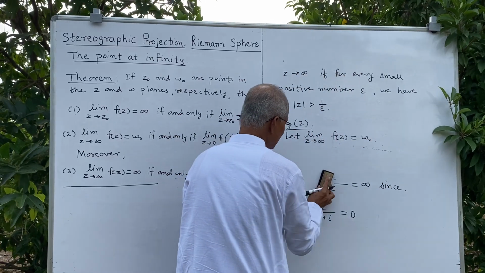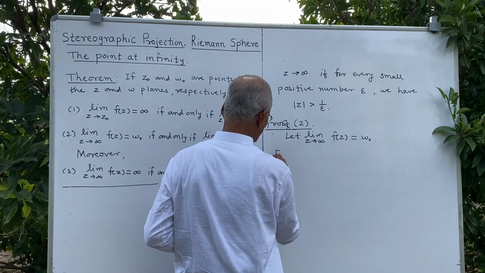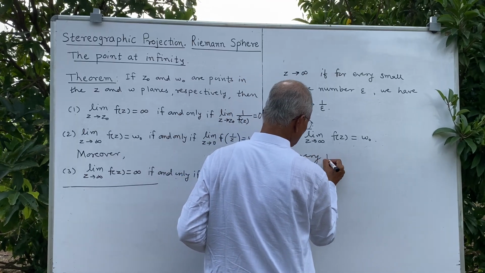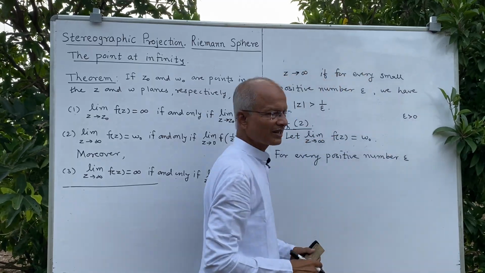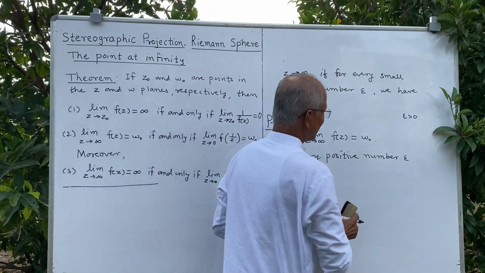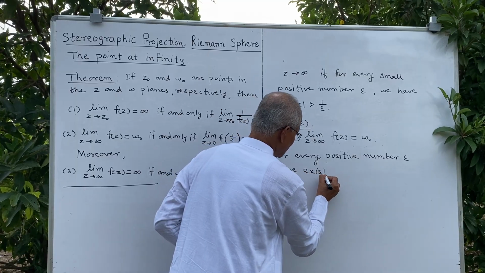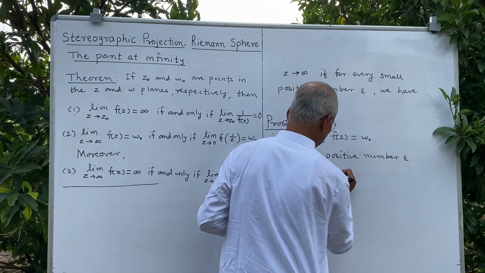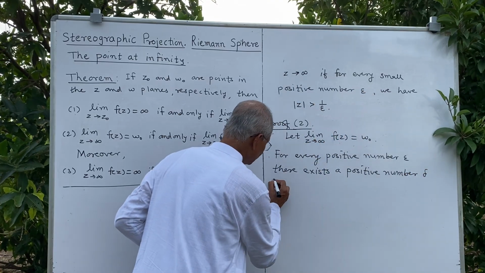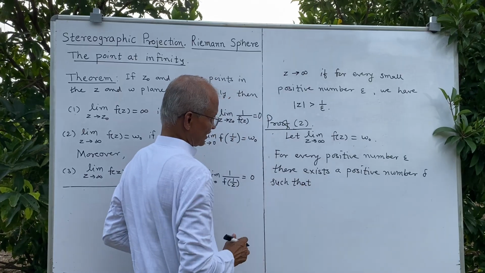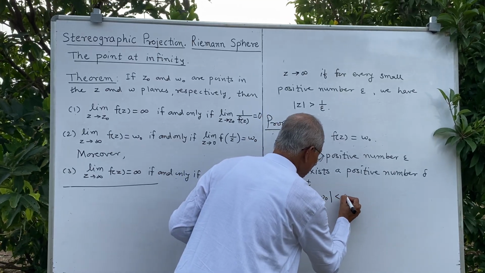Thus, for every positive number epsilon, where epsilon is a positive real number, there exists a positive real number delta such that, applying the definition of limit, mod of f of z minus w naught is less than epsilon whenever